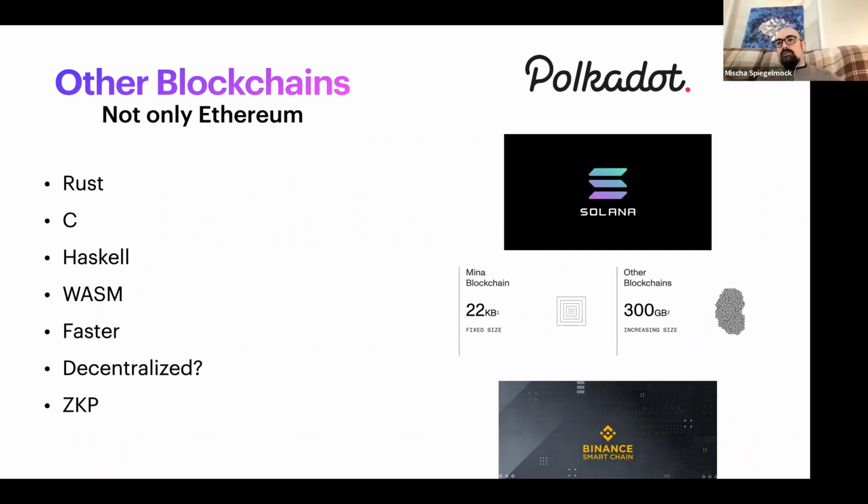But not everyone can see who the sender and recipient were or what you actually sent, but you can still prove something about the transaction. And one really exciting one is Mina, and the whole blockchain fits in about 22 kilobytes, as opposed to Ethereum or other blockchains, which are hundreds of gigabytes and always getting bigger.